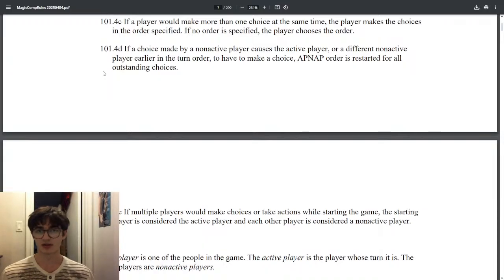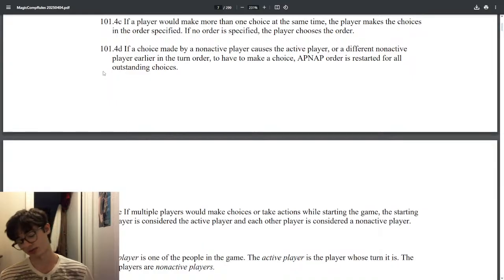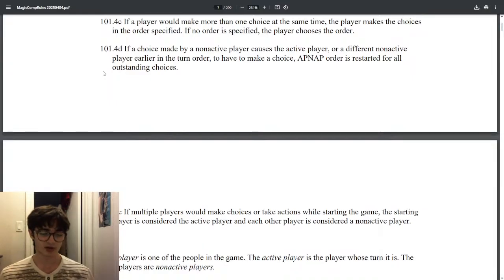So let's say there is a card that says, this is going to be super complicated, but each player may choose friend or foe. For each player who chose friend, each player chooses good or bad. Let's just stick with that.